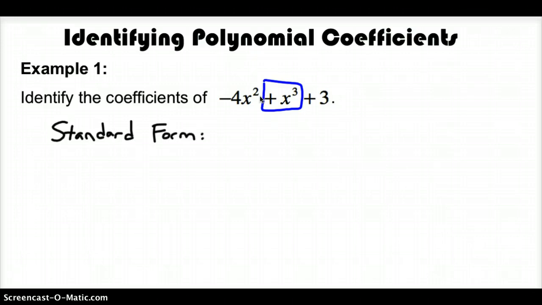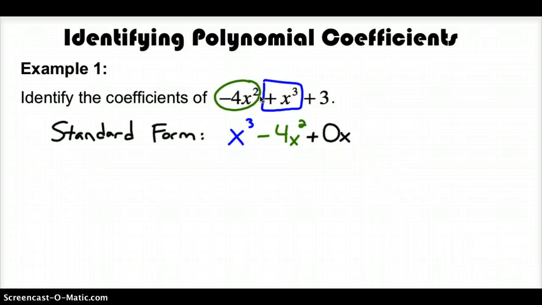Now there's a couple really important things to understand here. You're first going to write x to the third. Now the next thing I'm going to look for is my x squared term. Notice I have a negative 4x squared, so I'll write that down next. Now the next thing I'm looking for is my x term. Notice we don't see an x term in our original problem, and so the way that we're going to write this is plus 0x,